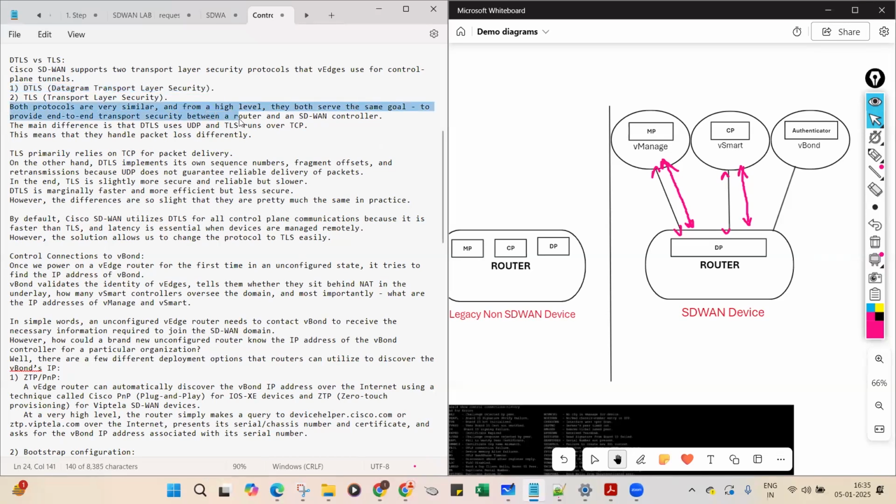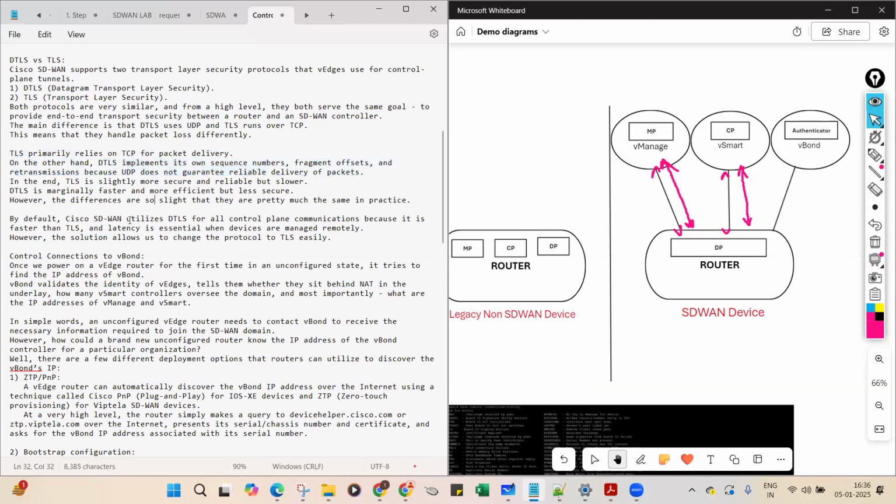Both protocols are very similar, and from a high level, they both serve the same goal: to provide end-to-end transport security between the router and the SD-WAN controllers. The main difference is that DTLS uses UDP and TLS runs over TCP, as discussed. This means that they handle packet loss differently. Of course, TLS relies on TCP for packet delivery. On the other hand, DTLS implements its own sequence numbers, fragment offsets, and retransmission, because UDP does not guarantee